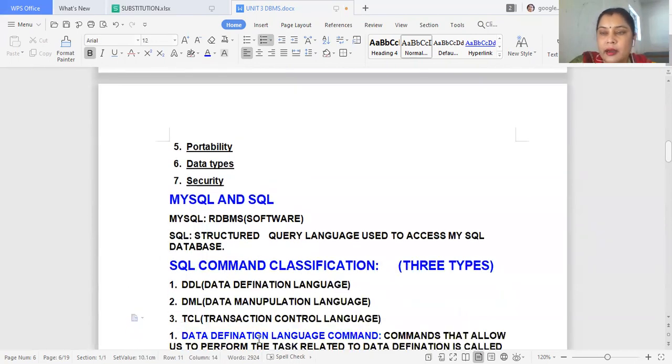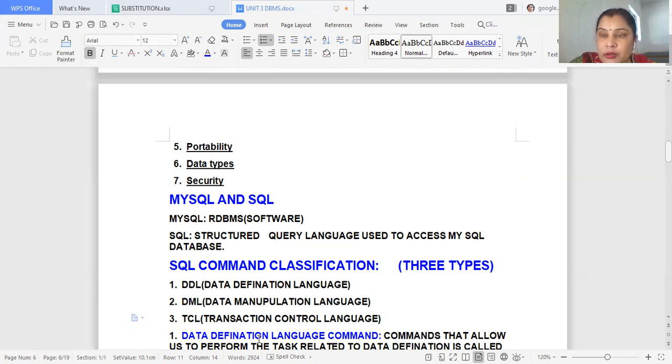And there is a term, MySQL and SQL. MySQL means the MySQL database software, a DBMS, an RDBMS software. MySQL is an RDBMS software, but SQL is a structured query language that is used to access the MySQL database.